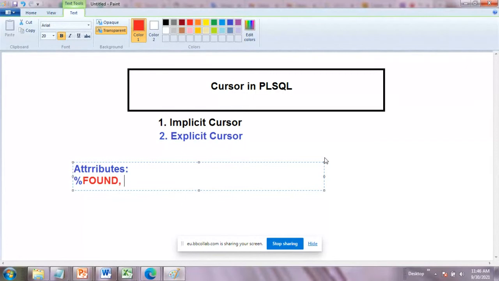Similarly, it's very easy, %NOT FOUND. Okay, I'll show you how to use these attributes. But before this, let me create the syntax. So what is the syntax for this?